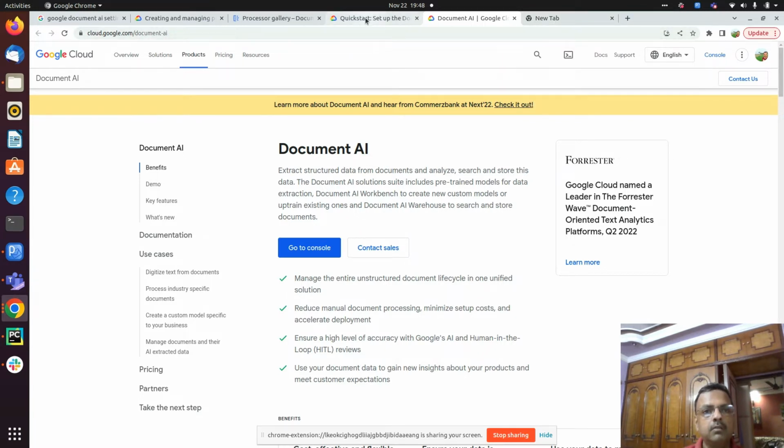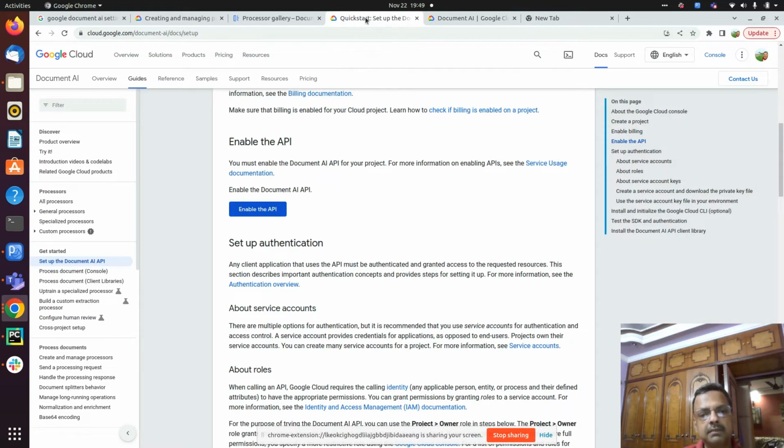So, what is Google Document AI? It is a little different from the Google Cloud Vision AI in the sense that it has been trained to get data from these kinds of sources like invoices and various kinds of forms. It's specially trained for specific forms like the tax return forms in the US, W4 and all that. But it also has a generic form processor which can extract data from various types of